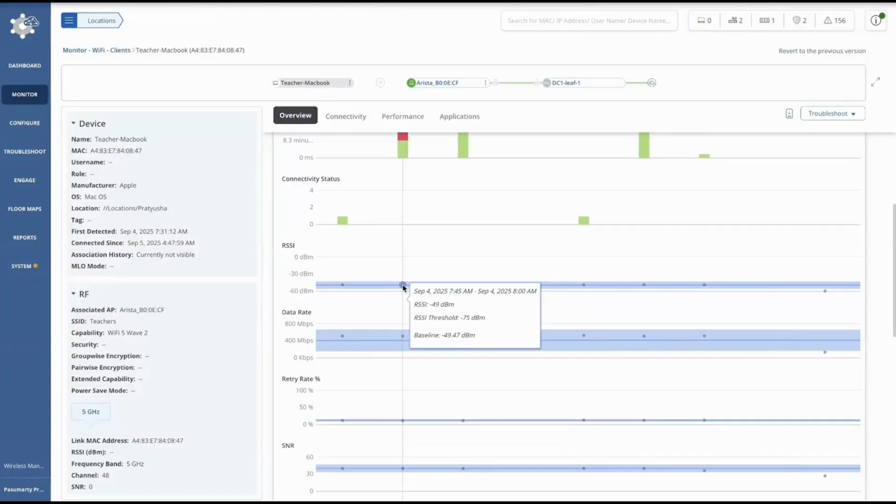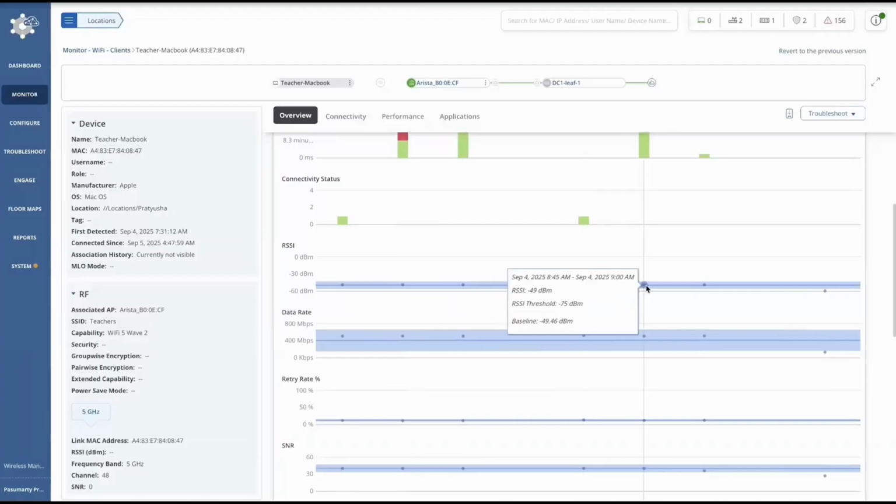So with that context in place, let's move on to analyzing the wireless parameters themselves. The first metric that we're going to start here is with RSSI. Now, what we see here is that during the issue time frame, the RSSI was around minus 49 dBm. And when we compare it to what was seen during the non-issue time frame, the value remains the same, around minus 49 dBm as well.